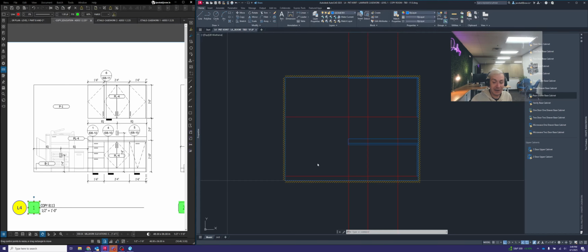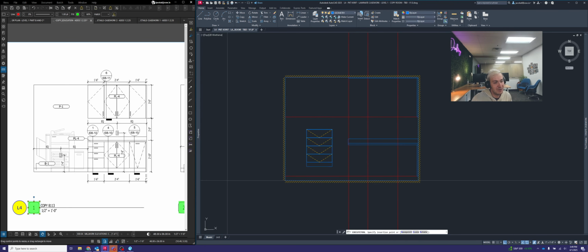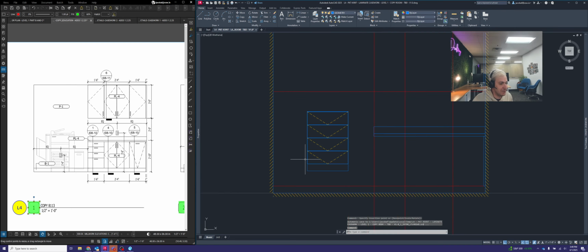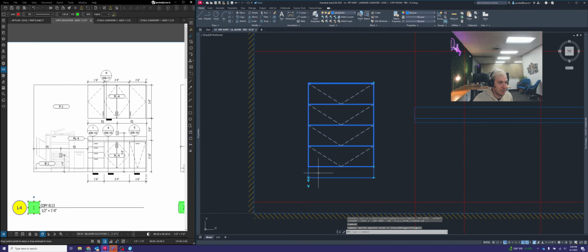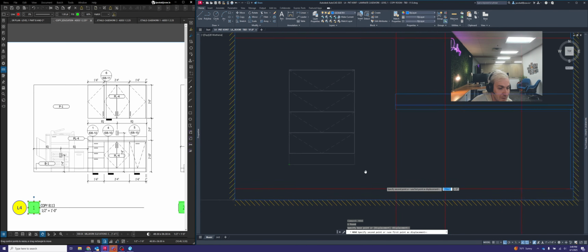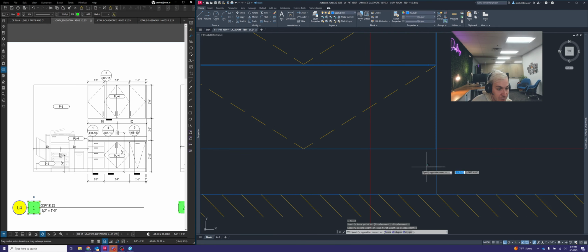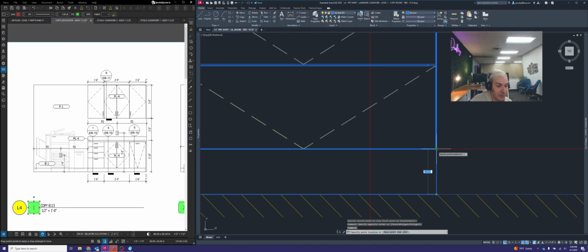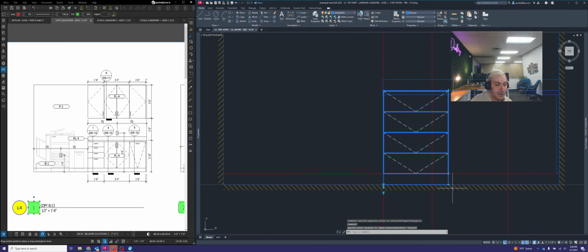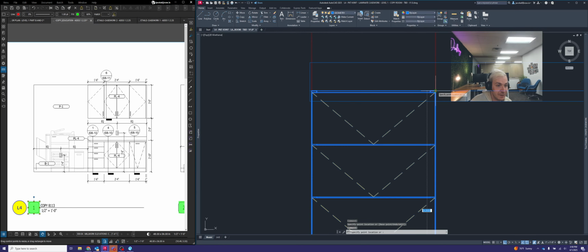These blocks are pretty complex, so it's taking a good second for it to load. There it goes. Sometimes you've got to be a little patient with it. Anyways, let's use the move command, and we're going to move this to where it needs to be. So drop it right there. Looks like our toe kick height is already set to 4 inches, which is great. We need to adjust the width of our cabinet so that we're in line with where we need to be. And we need to adjust the height to be below the